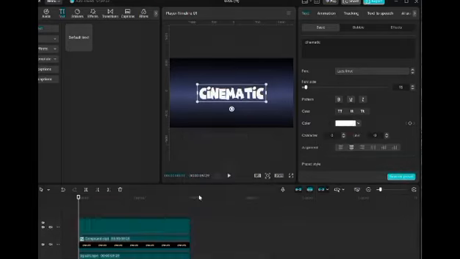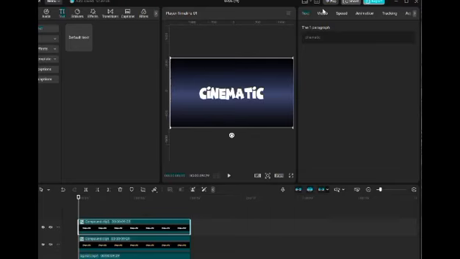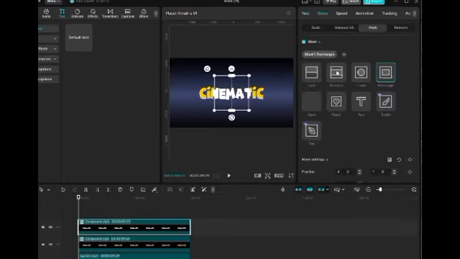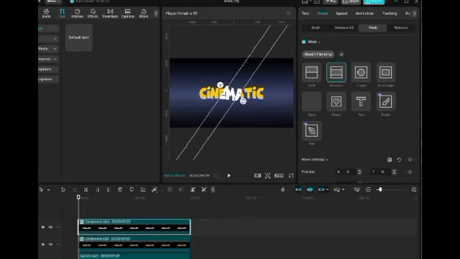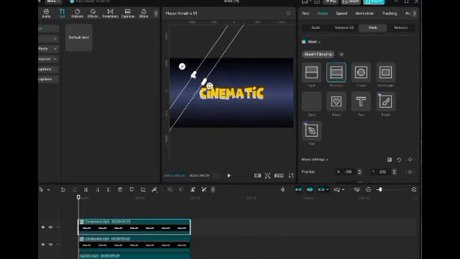Then just create again a compound clip, so that we're going into video, then click mask, and I'm going to use the second one, this one, like this, and change the position, guys, so that it's like this. The feather, you can adjust it also, guys.